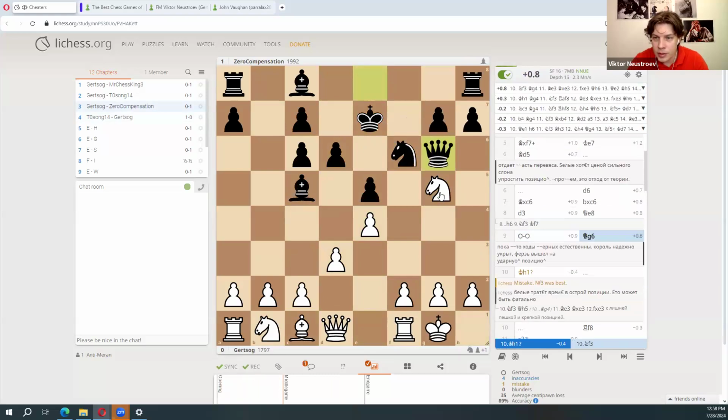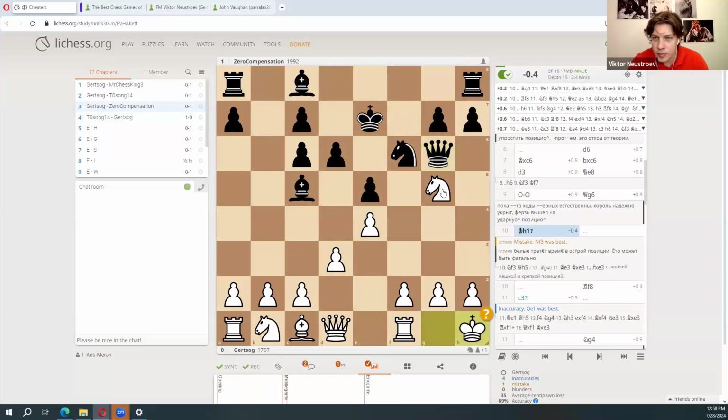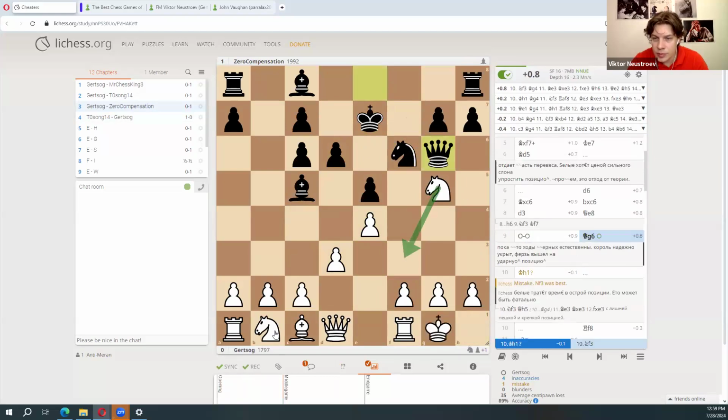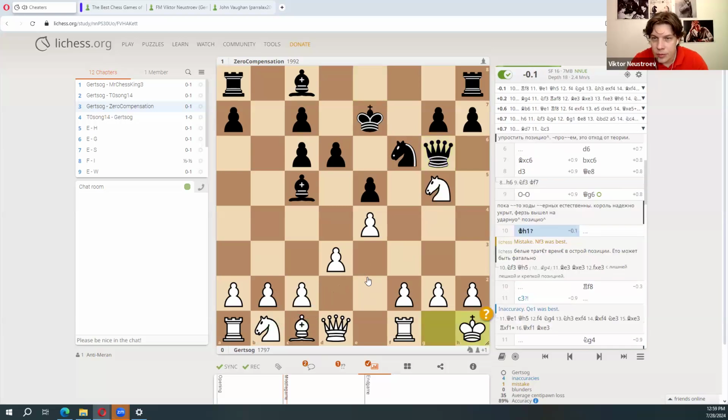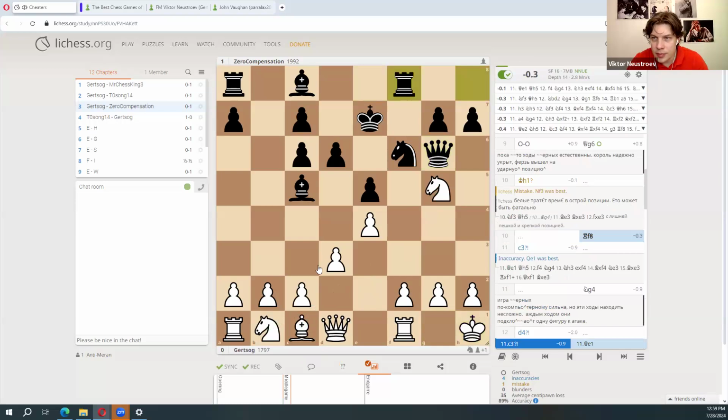And this is where I made a mistake, so I played this move. But this is not a critical mistake, right? I'm still fine according to the engine. I'd better do this move, then bishop e3 and knight d2. These are the moves I should play. So rook f8, and again I played another mistake, but this is a natural move, right?